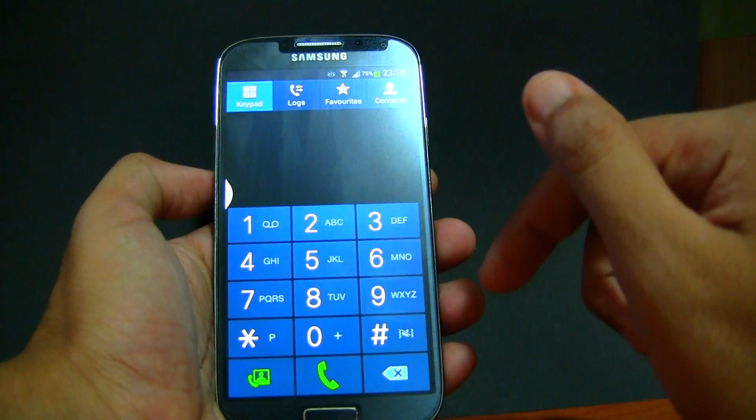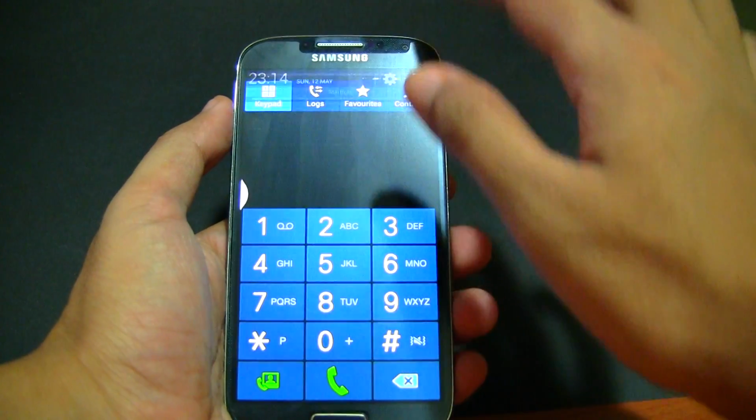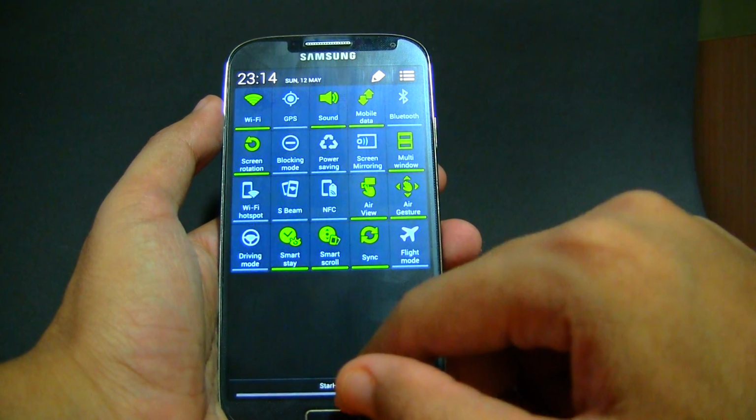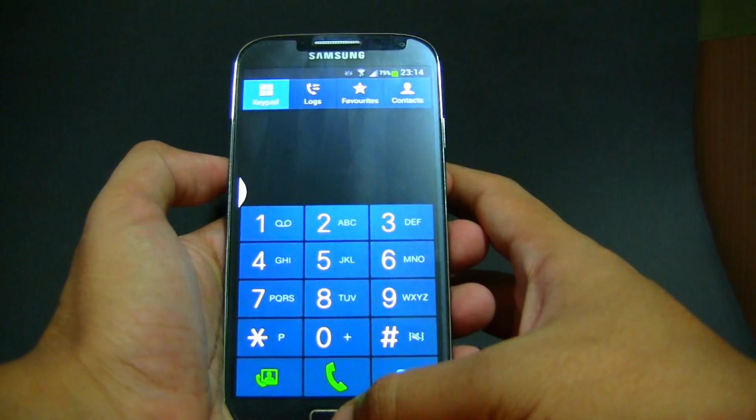That's the good thing about the air, what do you call that? The air gestures. Oh, sorry, the air view. Okay,